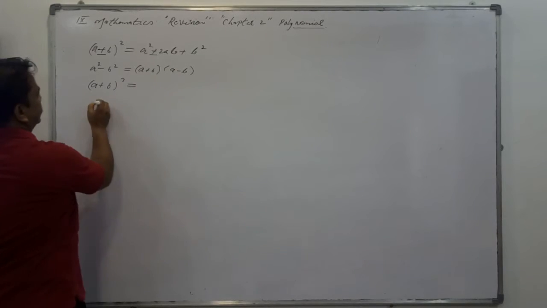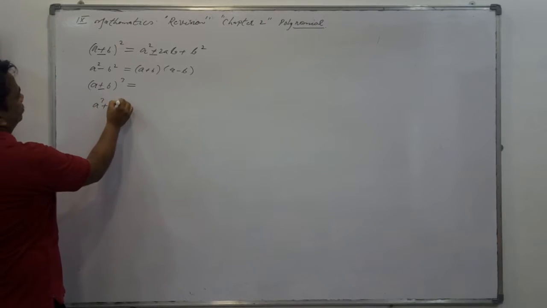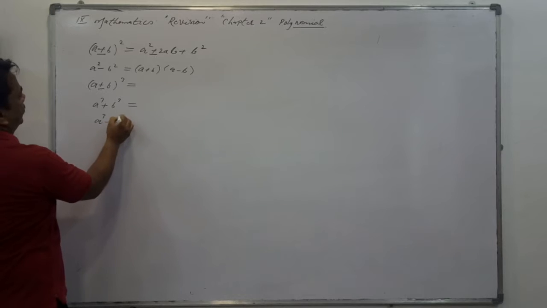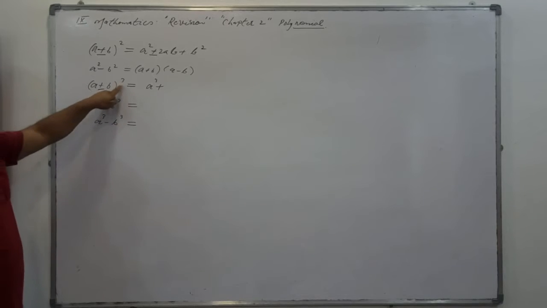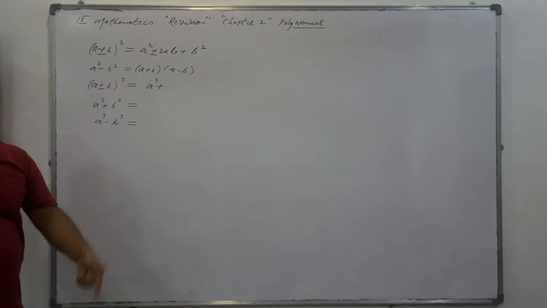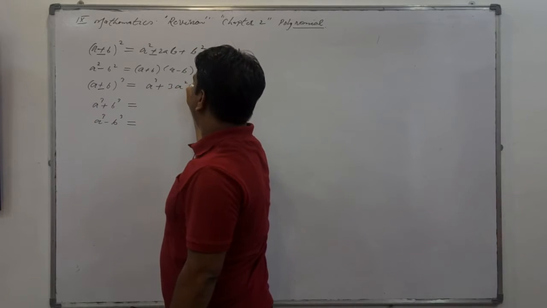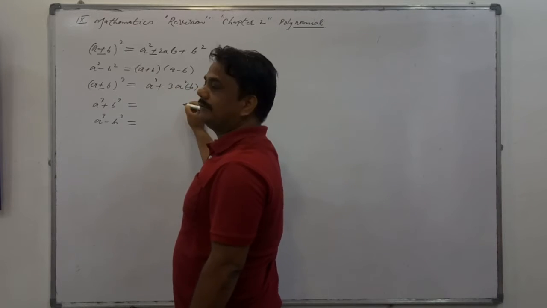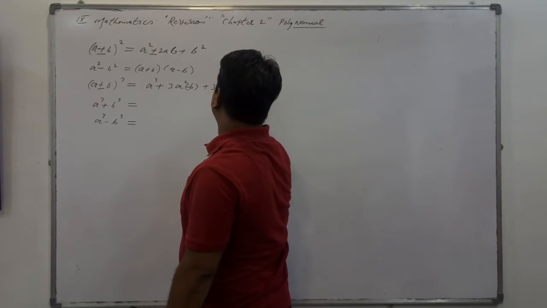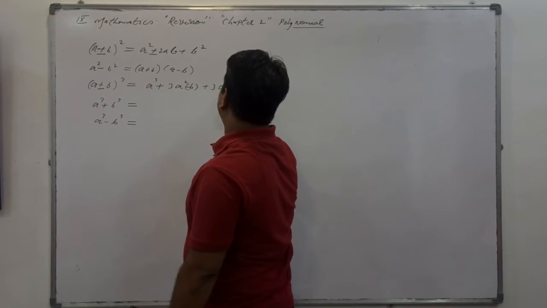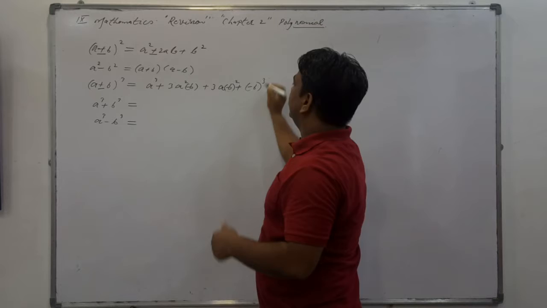We are taking the revision of that, and here (a minus b) whole cube, is that clear or not? And here a cube plus b cube, and a cube minus b cube, is that clear? This is the expansion of the highest power of the first term to the highest power of the second term. Is that clear? First term cube minus or plus 3a square b, once it will come negative. So due to this minus, this term will be negative, and plus 3ab square plus minus of b whole cube. Remember please: where b is occurring twice or an even number of times, the term will be positive.